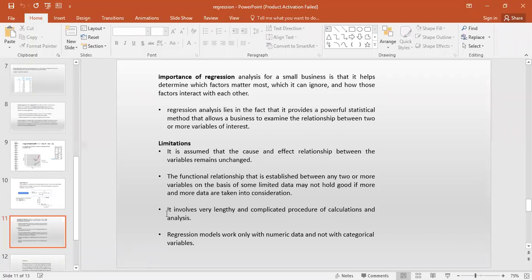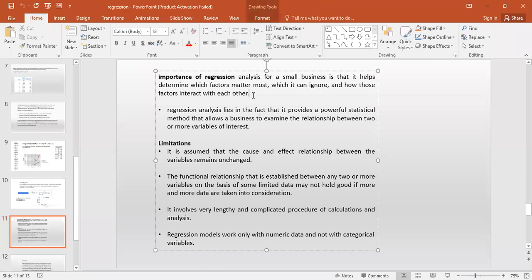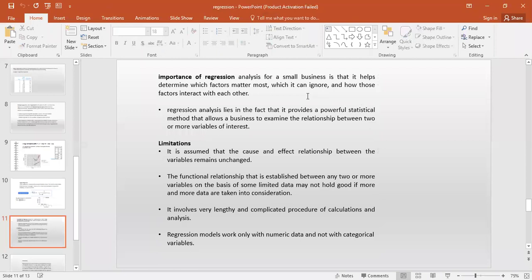The main thing is, at last we need to get an accurate model, so that we can draw results based on the previous values, compare with our results, and get to know the accuracy of that particular model. So we will get to know which independent variables matter the most, which we can ignore, how they interact with each other, and what the impact of independent variables on the dependent variable is, whether there are many independent variables or only one.